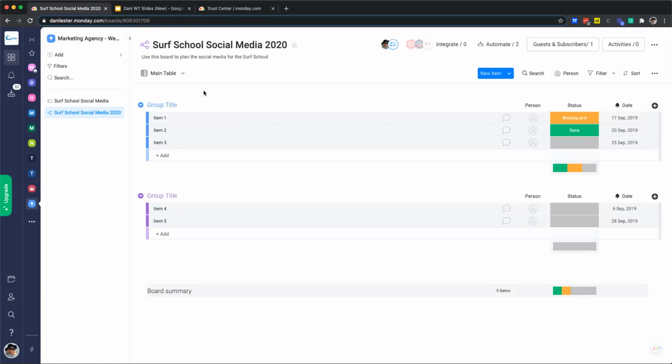You'll see that when we open up our board, we have two groups on the board by default. Now, like boards, groups can be used for absolutely anything. In this example, we're creating a marketing project board. So my groups are going to be the different stages of my marketing campaign. So we're going to have planning, development,